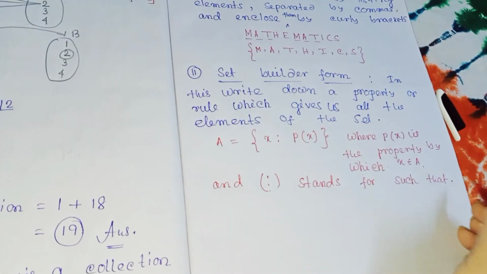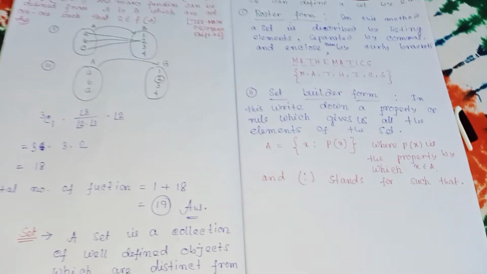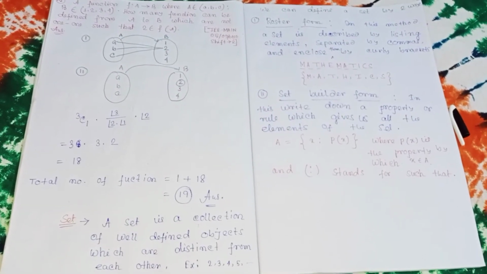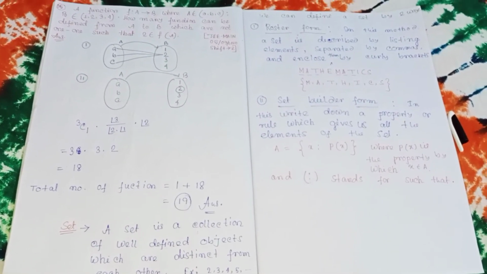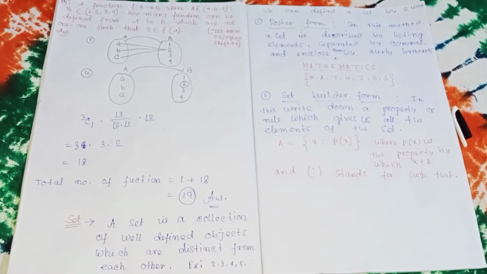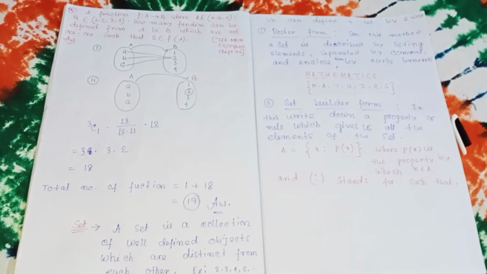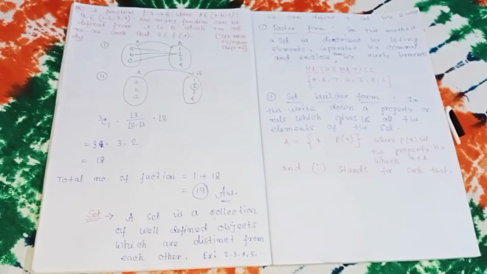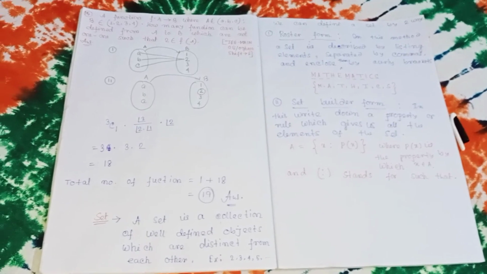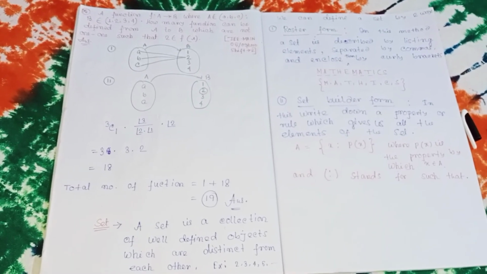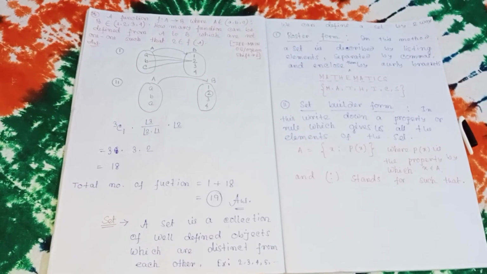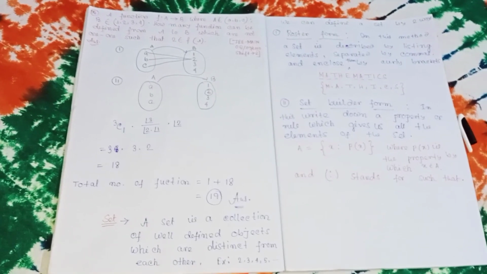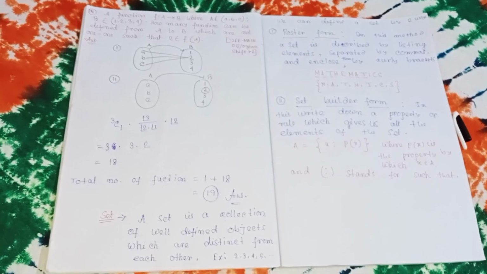So that is enough information for today, and we learned what a set is and how many forms there are of a set. There are two forms, roster form and set builder form. In one more class we will define it much more elaborately, and the solution of question 15 is provided to you. So here is the whole solution and some information about sets.